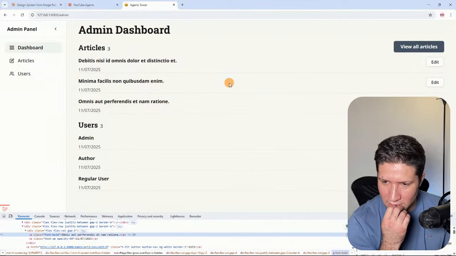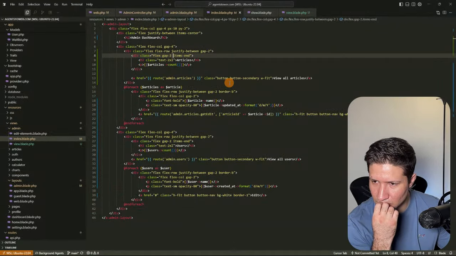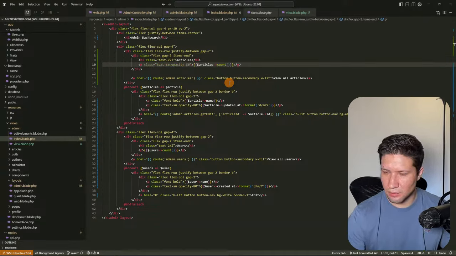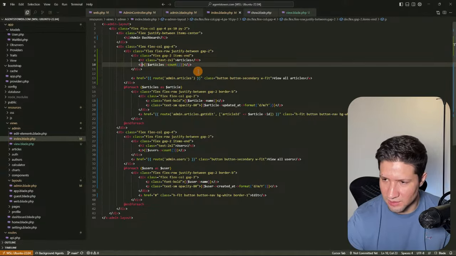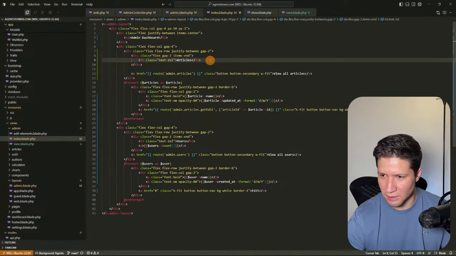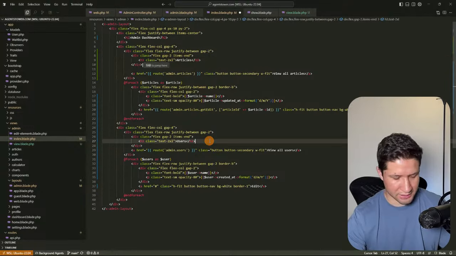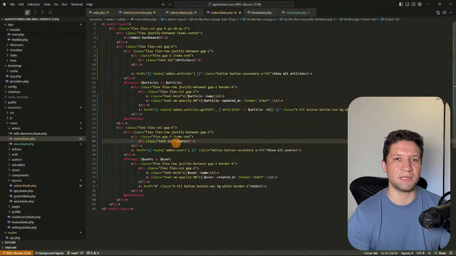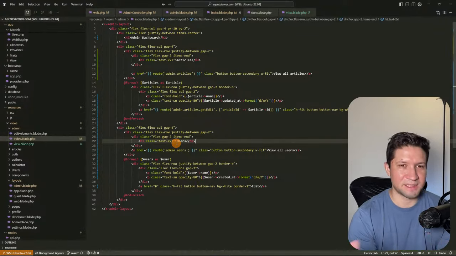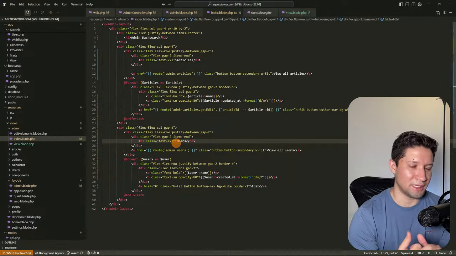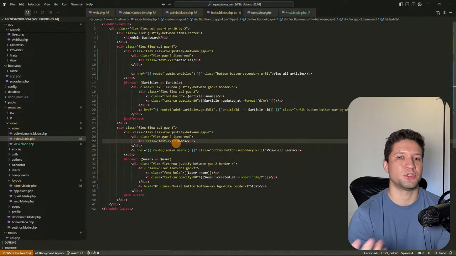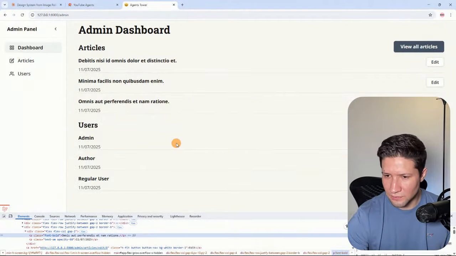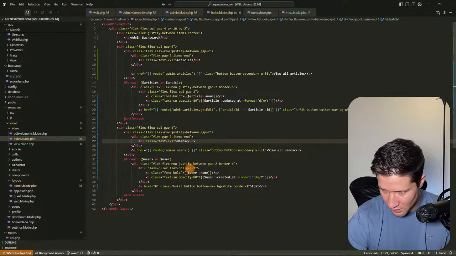So I don't like how this is looking. So yes, this is not giving me exactly what I want. So I'm just going to delete. Later on, I could add some stats, but this is not giving me useful information because it's just giving me the number of elements that I retrieved from the database, and that's really not what I want to show in here. Like I want to show the count of all of the articles. So I'm going to just delete it for the moment, and